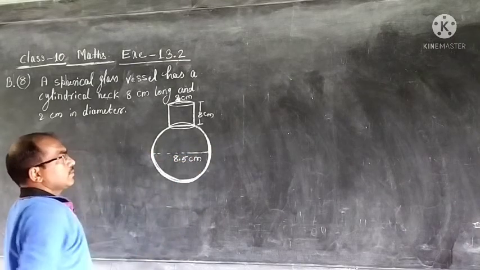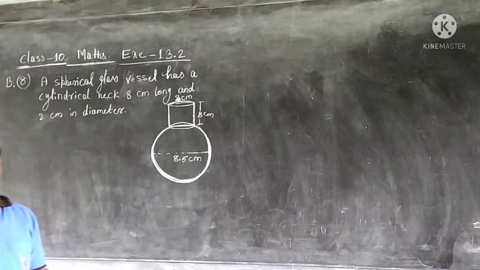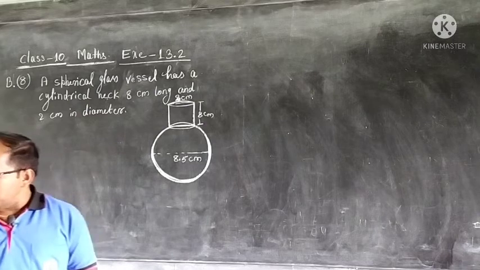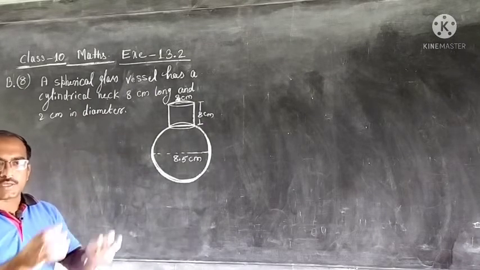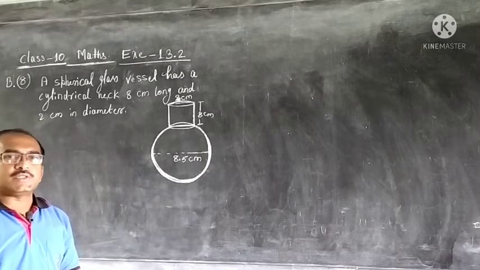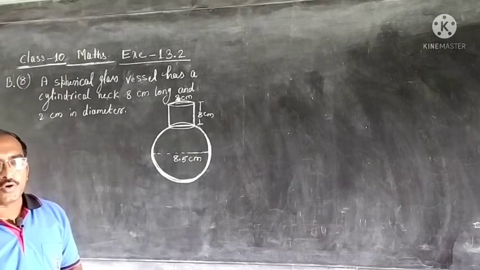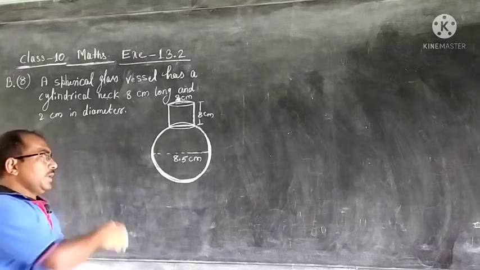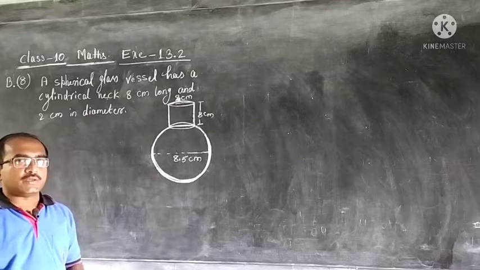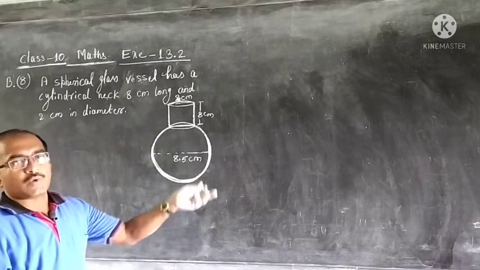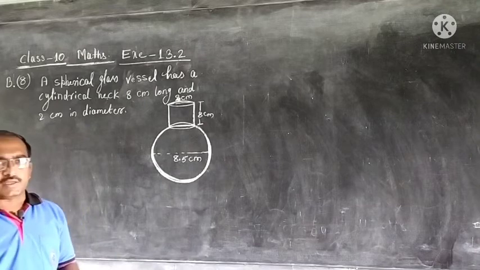The spherical part, and the child is calculating the volume, and the child got the volume 345 centimeter cube. So, we have to find whether the child is correct or incorrect. That means, to know the answer obtained by the child, we need to calculate. We will calculate the volume, and if our calculated volume and the child's are both the same, it means the child is correct.